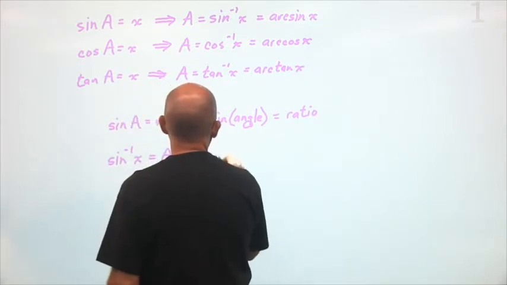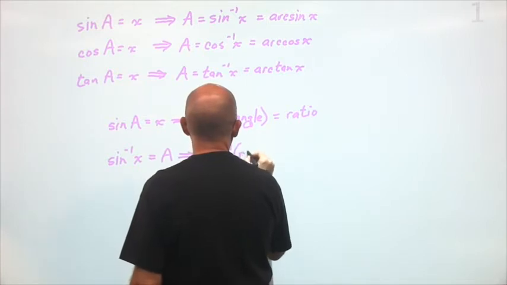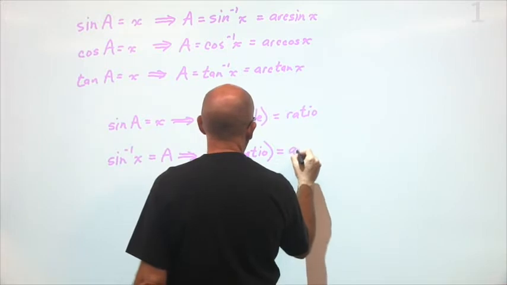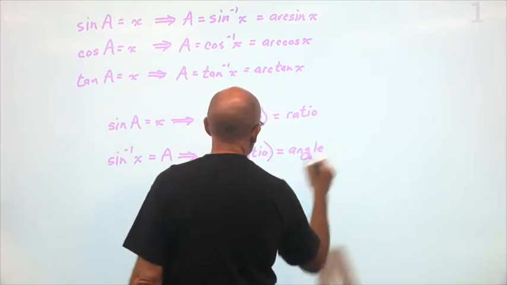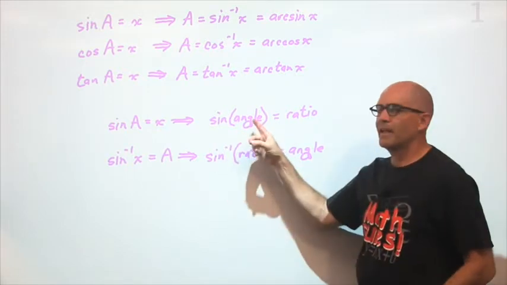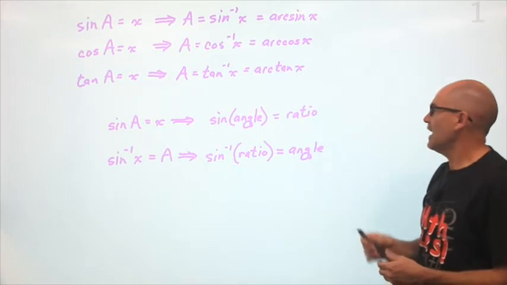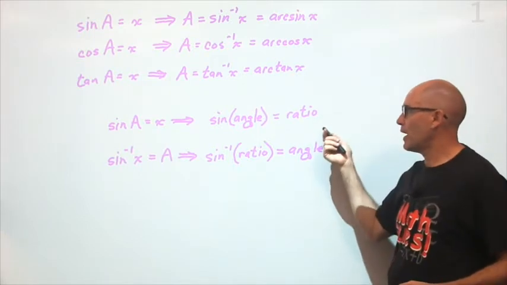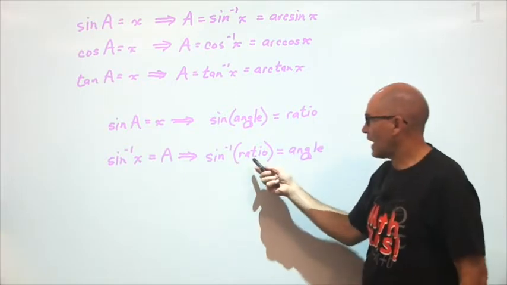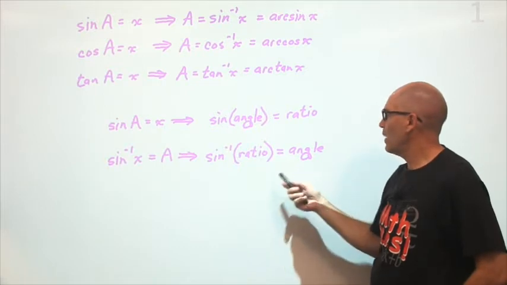So notice inverse sine of a ratio equals an angle. So whenever I take the sine of an angle, that's going to give me a ratio of sides, and in the case of sine, it would be opposite over hypotenuse. Now, when I take the inverse sine, then I'm taking the inverse sine of a ratio,